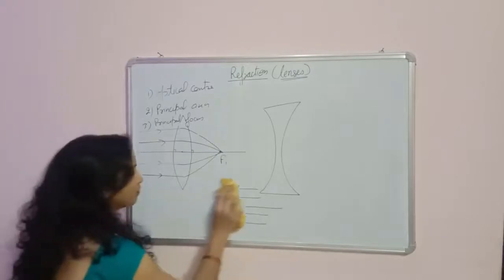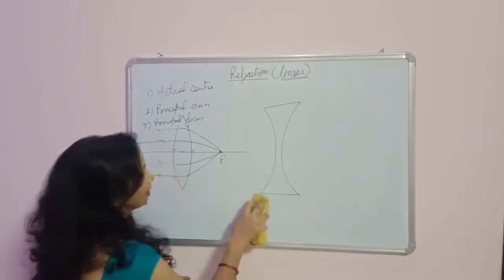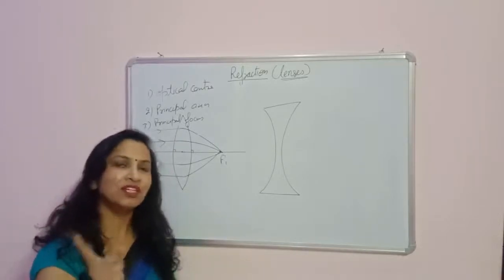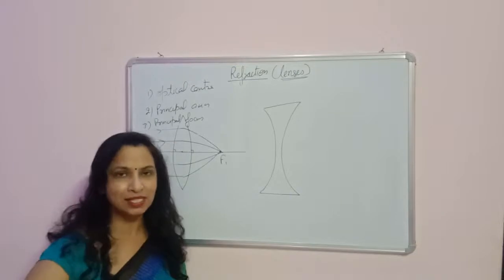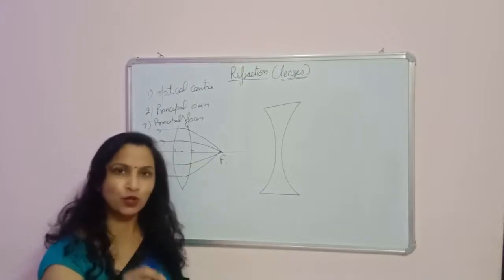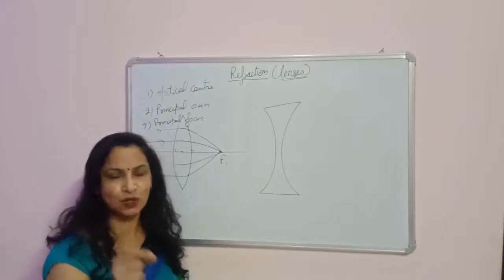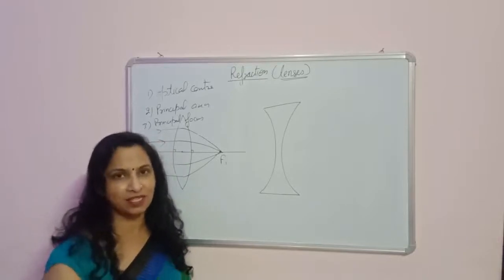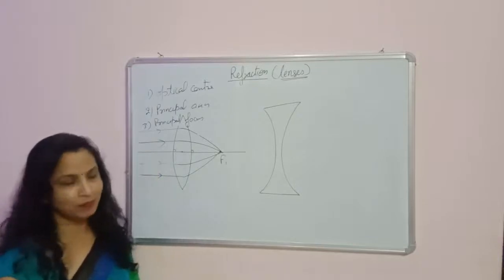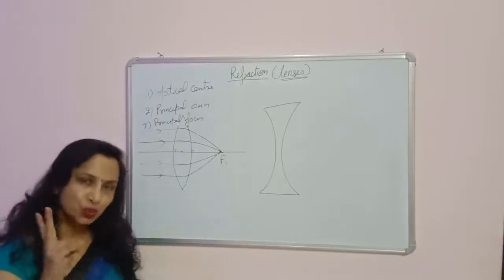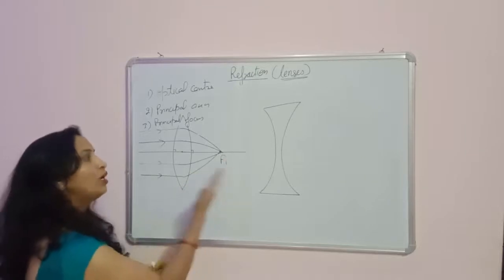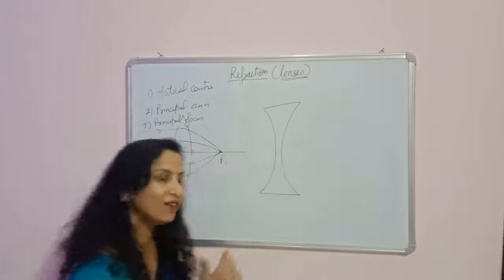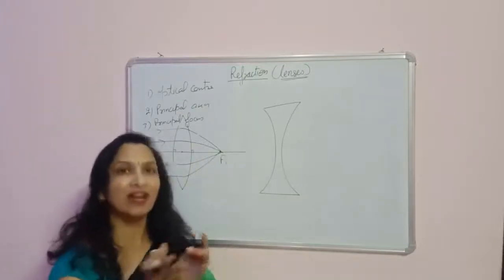So we can define the principal focus like this. The rays which are initially parallel to the principal axis, after passing through the lens, meet on a point on the principal axis, which is called the principal focus of the lens. After converging from the lens, it meets at a point on the principal axis which is called the principal focus of the lens. So basically this lens has two focus, one on either side. So this is about the convex lens. And what about the concave lens? Since we know that it diverges the beam of light.